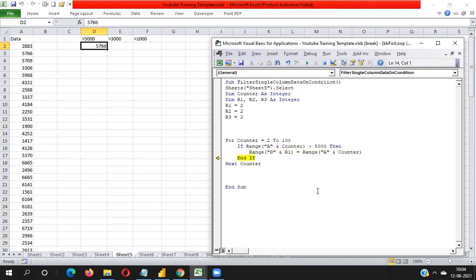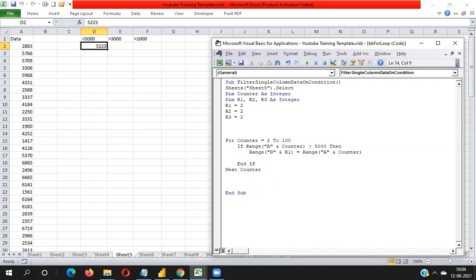You can see here, the first value is placed. The third value is also more than 5,000, so the R1 value is still the same, 2. D2, so you will get the same, this value also goes into D2. You can see here, the same value. So all the more than 5,000 values will be placed into D2. It's not increasing. So in this scenario, how can we tackle this condition?